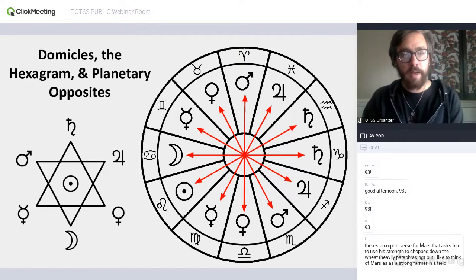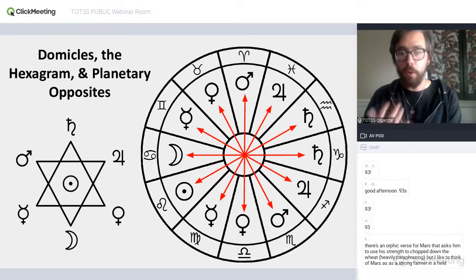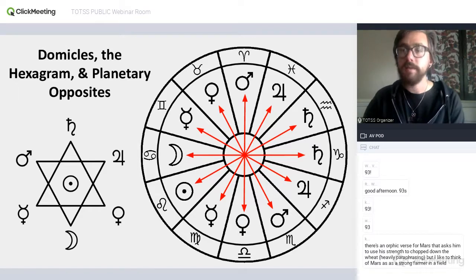All right, and then finally, we have the two signs ruled by the luminaries. That's Leo, the domicile of the sun, and Cancer, the domicile of the moon, opposite to the two signs ruled by Saturn. So we can think of both of the luminaries as signifying light, and Saturn signifying darkness. And then in particular, we can think of the moon in Cancer as being very intimate, very personal, interested in feeling and emotion. Something very intimate.